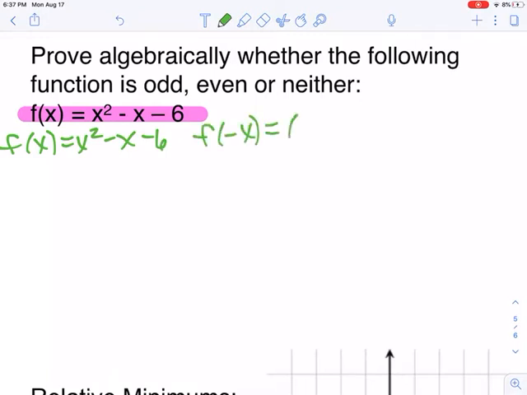Let's go ahead and look at f of negative x. When we plug negative x in for x, make sure you do that with parentheses so you can really get an idea of what will cancel and what will not. So when we look at f of negative x,